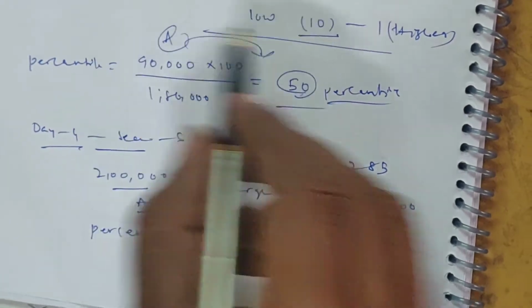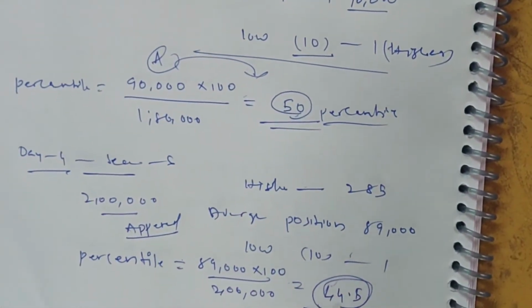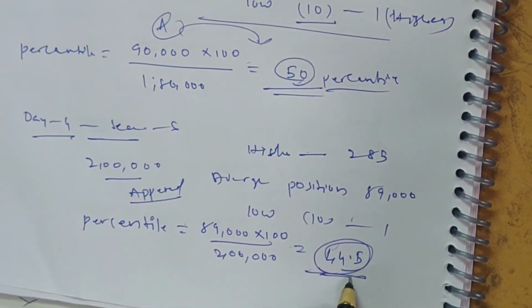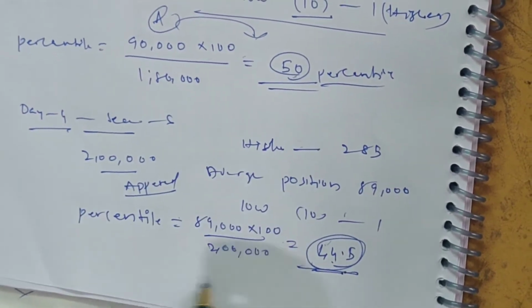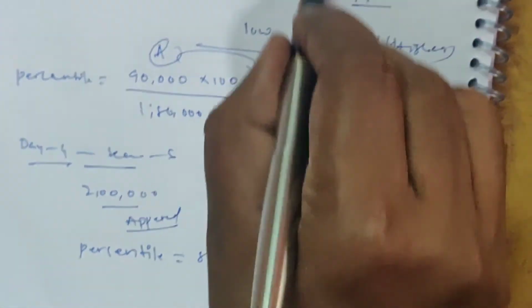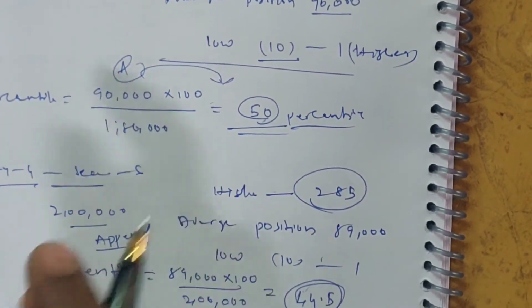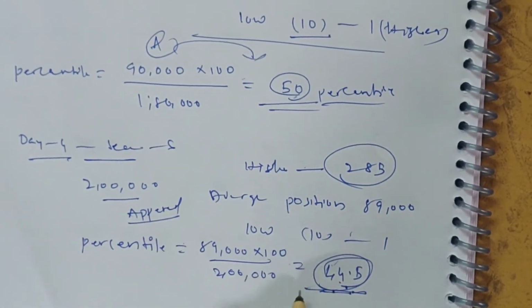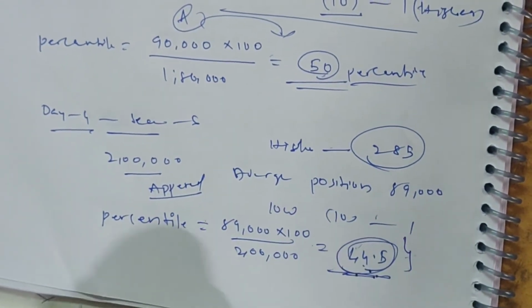Some students have a doubt. One student got 50 percentile in day 1 session 2, and another student got 44.5 percentile in session 6, but this student may be brilliant compared to that one. Observe that here the maximum marks is 295, but here 285 only. So the marks also decrease. So don't fear about this. The total rank is decided by the final.